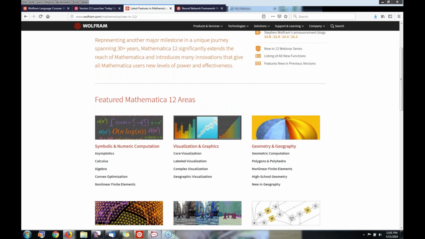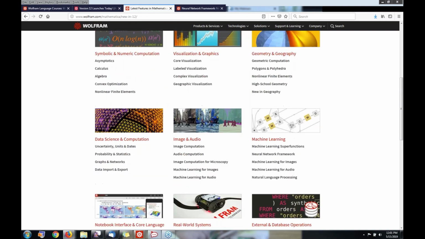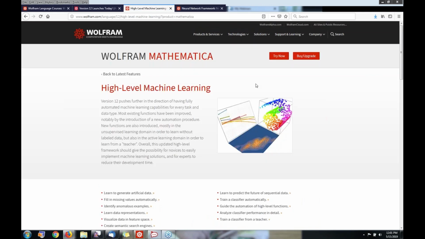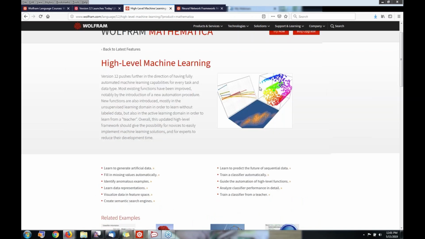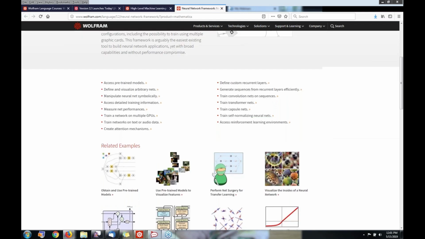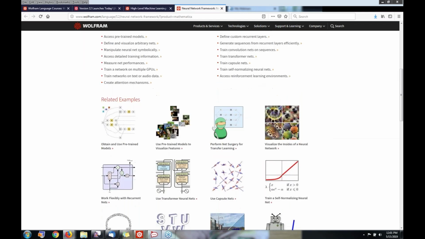in the Wolfram language. Joining us are Etienne Bernard, our lead architect for machine learning, who will talk to us about the new machine learning superfunctions, and Matteo Salvarezza, a machine learning developer who will speak on the latest developments to the neural net framework. Also joining us is Shadi Ashnai, Manager of Image and Signal Processing, and Carlo Giacometti, a developer of the audio processing capabilities in the language, who will be presenting on machine learning for images and audio. Our final presentation will be about the recent advances in deep learning for natural language processing.